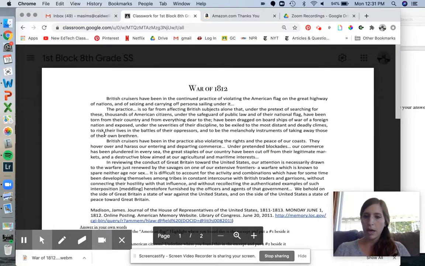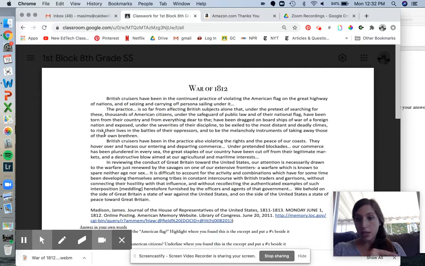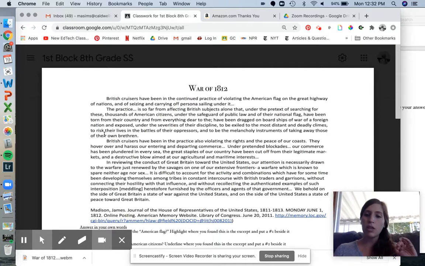This is written by James Madison, who was the president at the time. In the notes, the first video you watched, I gave you a background story on Dolly Madison and her slave, whose last name is Jennings. My brain just went blank on what his first name was. He was 15. He was the one that helped save the portrait of Washington when they were fleeing the Capitol. Anyways, this is her husband, and he is writing this before the war has actually been declared.